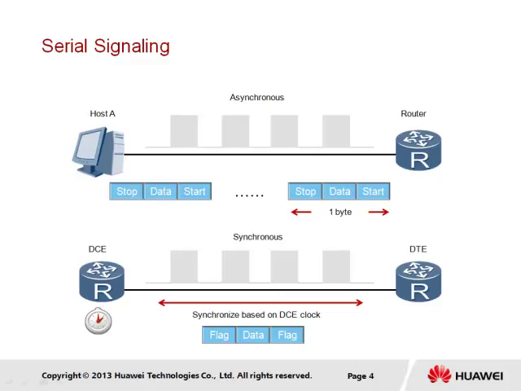The other form is known as synchronous signaling and is based on a clocking mechanism that is managed by one of the peering devices. This device is referred to as the Data Circuit Terminating Equipment, or DCE, and is basically the device that synchronizes the clocking between the sender and receiver, with the clocking information included as part of the data signal. The peering device is understood to be the Data Terminal Equipment, or DTE.